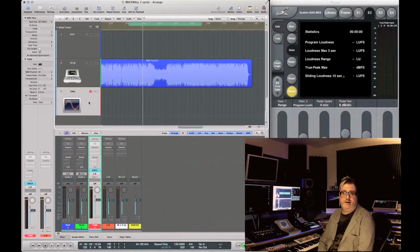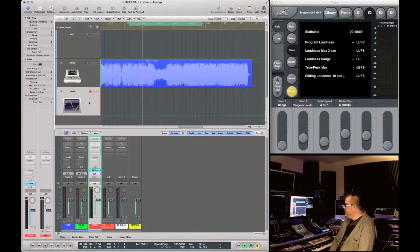Okay, the last thing I want to really touch on is the whole thing of loudness awareness. TC have really pioneered that whole area for a number of years, really trying to get the message out that slamming everything to its absolute maximum isn't always the best way. Certain songs and certain material require stuff to be hard and pumped, and other material just doesn't need it. And one of the great tools that TC have on the System 6000 is the LM6 loudness